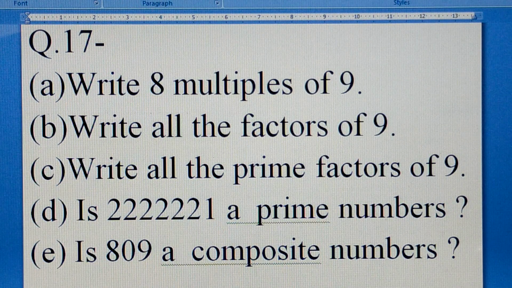Is 809 a composite number? You have to find it yourself. Composite numbers are the numbers which can be divided by more than